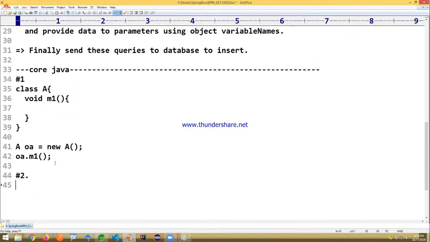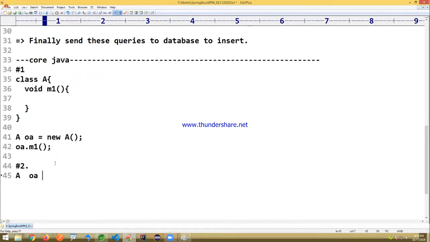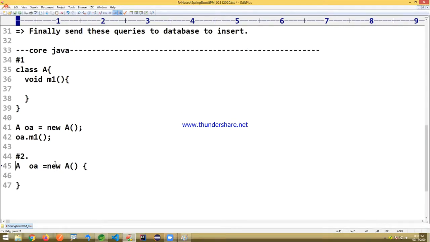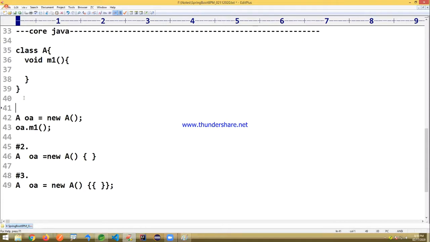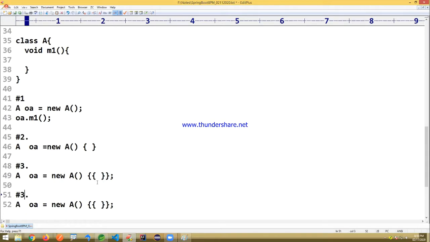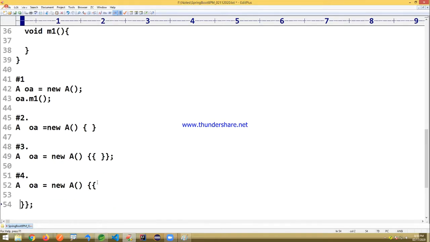Observe carefully. OA is equals to new A of open brace and close brace. Then OA is equals to new A of double open brace and double close brace. First one, object creation and method calling. Second one I wrote like this here. And what is the third one? And what is the fourth one? It's core Java, nothing new.